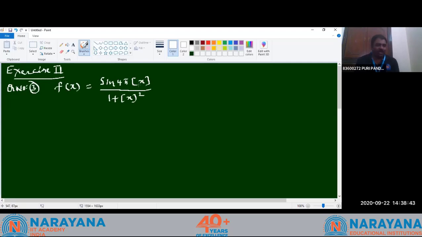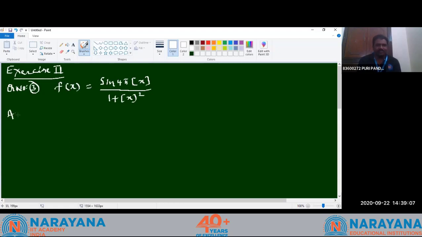Then here also 4 options are there. First one, f of x is not differentiable at some points. Second one, f dash of x exists but is different from 0. Third one, left hand derivative at x equal to 0 is equal to 0 and right hand derivative at x equal to 1 is equal to 0. And the fourth one, f dash of x equal to 0 but f is not a constant function. Okay, 4 options are there.